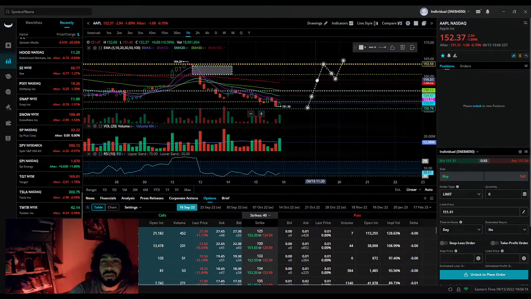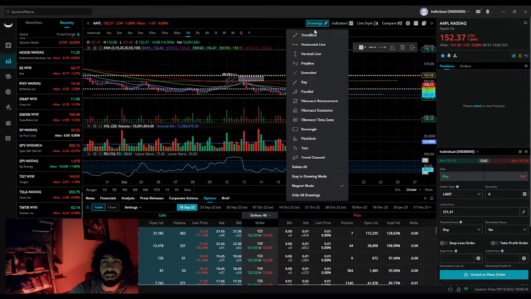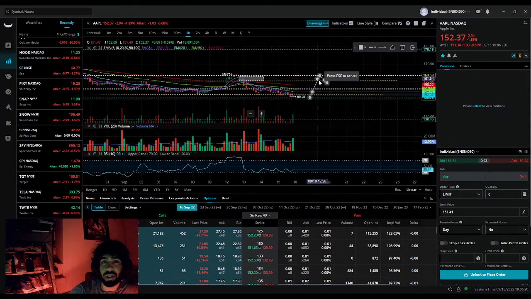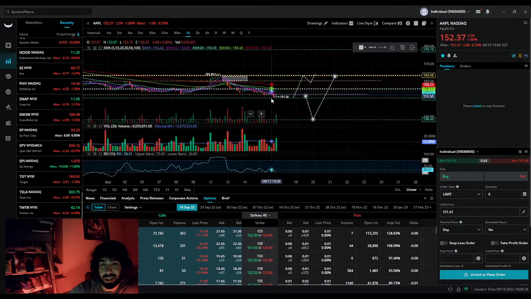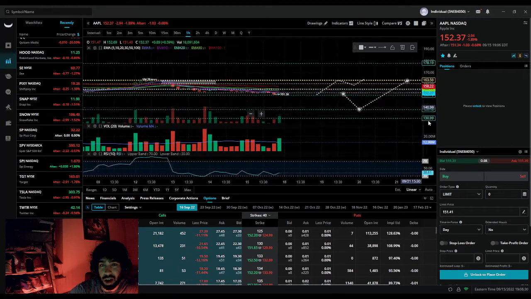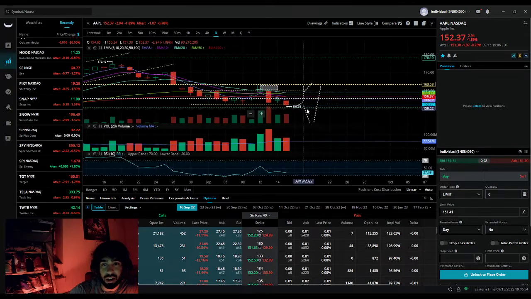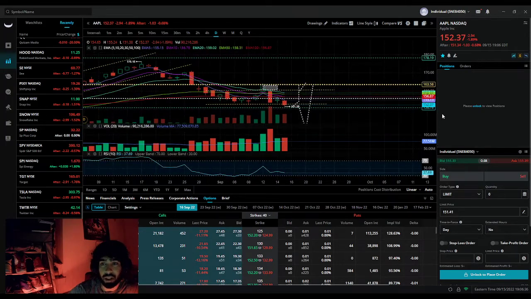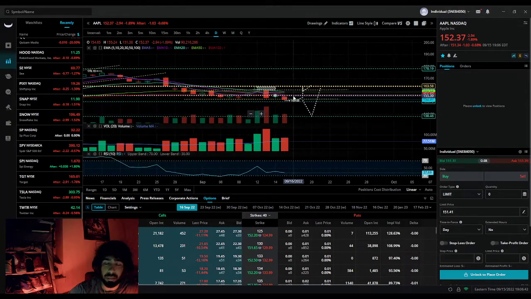So this is the play for tomorrow that I want to see. The worst case scenario, if I'm being honest, is it could go, let me draw it again, it could go down to 138 and then bounce. That would be the worst case scenario. I'm still very bullish on Aapl itself, but the indicators do say right now it is bearish. But based on what I've seen and technical analysis itself, I'm remaining bullish on it.